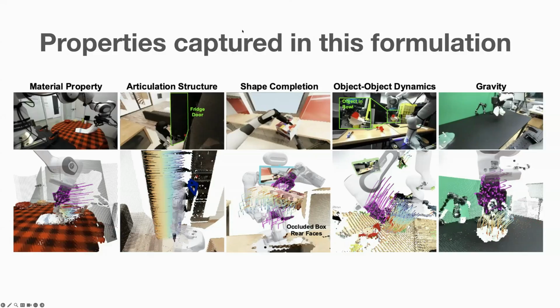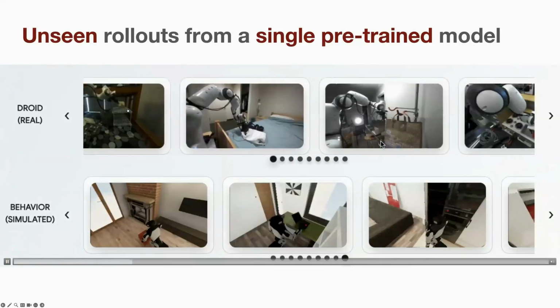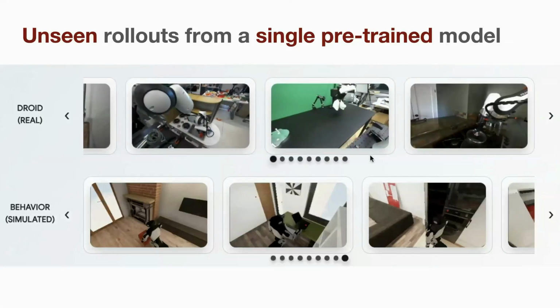So it needs to implicitly do shape completion to support the contact reasoning of how the hand interacts with that object. And also, over here, the robot is holding a ball with an object in it. So it needs to not only reason about object dynamics, it also needs to reason about this in the context of how the robot is moving and how the whole thing interacts with gravity as well. And lastly, I think there's also cloth, so there's also some deformable property capture here.